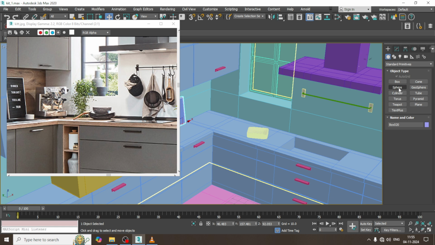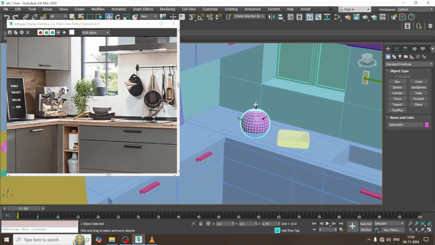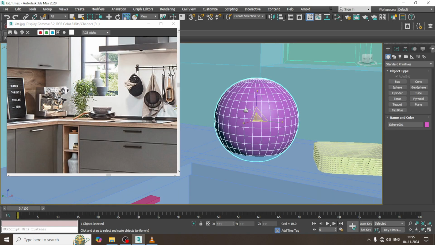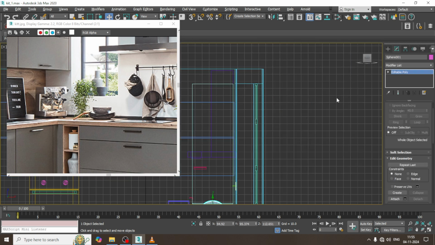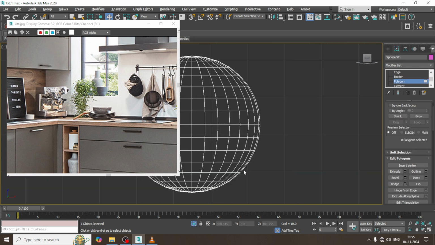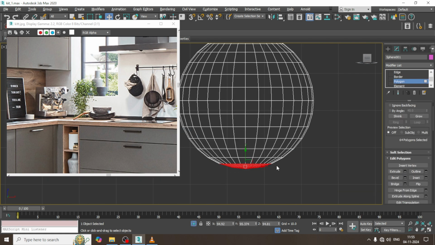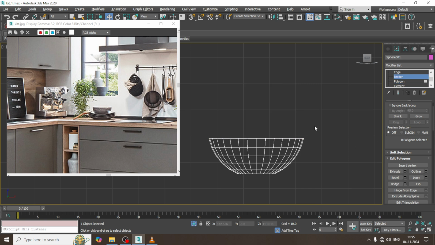So we do have some bowls as well. For that, again, I'll go into this. Let's take a sphere over here. I'll take a sphere, convert to editable poly, and I'll go into this. Select the polygons. I'll select this. I'll delete it. Select the top and delete it. Let's select the border, cap it,